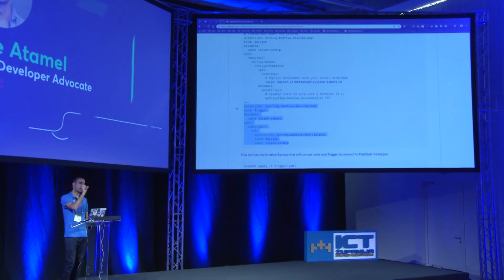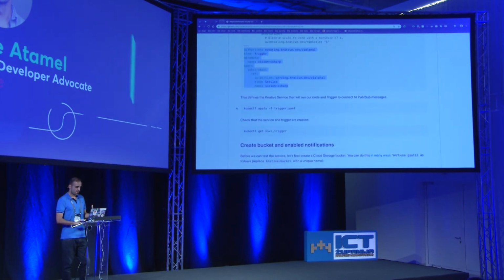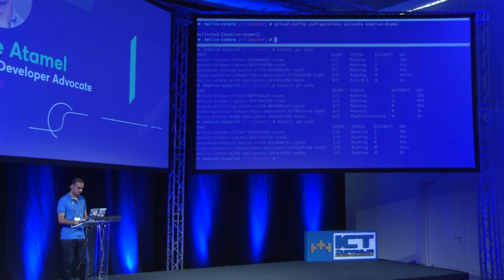So I build my image, I push it to the Docker Hub, I create a service file, and I point to my image, and I also make sure that there's always one pod running, just to make sure. And then I also create a trigger. In this trigger, I connect my broker to my service, okay? So I know I'm going really fast, but we don't have that much time. But just to deploy this and show you that it works,